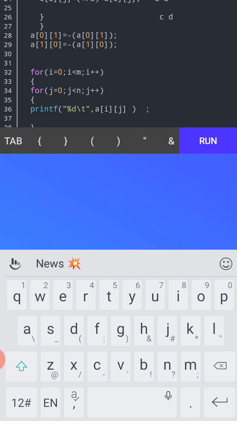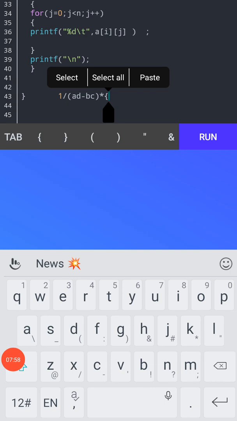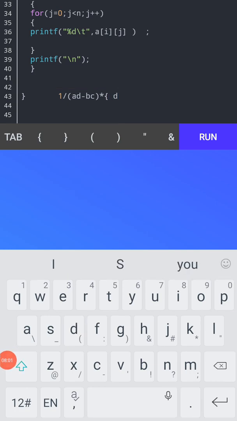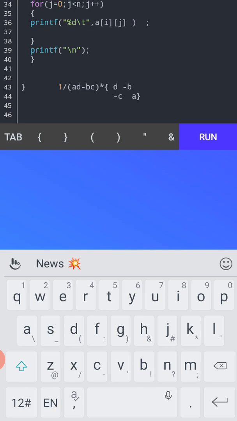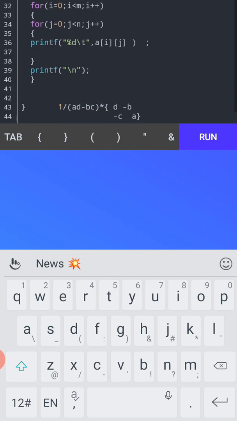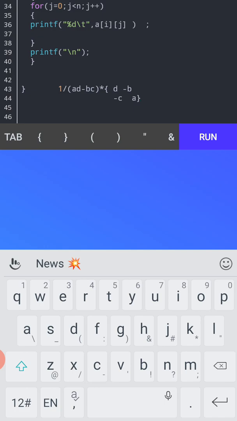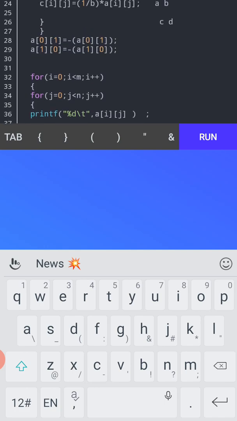Then it becomes as following: D, and we add negative to B, then we have C which is negative, and next we have A. Now we can see that we need to change the expression into the following. Hence I am doing the work.